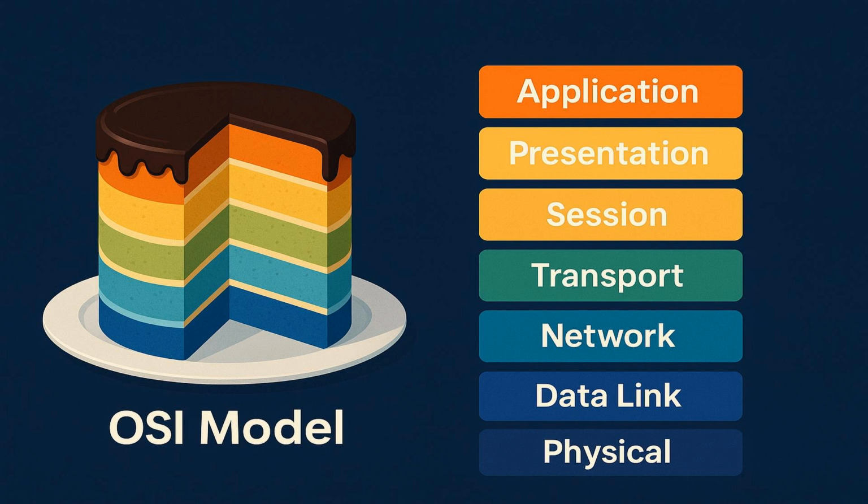Let's start with the OSI model. OSI stands for Open Systems Interconnection, and it's a conceptual model with 7 layers. Picture a 7-layer cake. Each layer has a specific role. From top to bottom, you've got application, presentation, session, transport, network, data link, and physical. These layers help standardize how devices communicate so that different systems can talk to each other without getting lost in